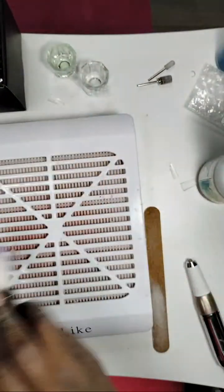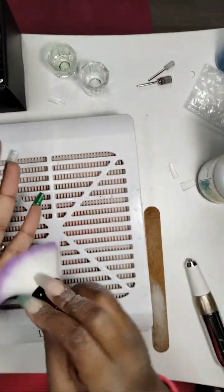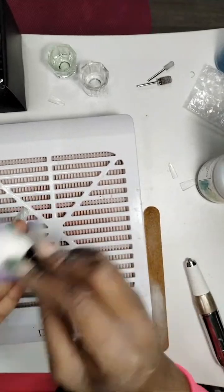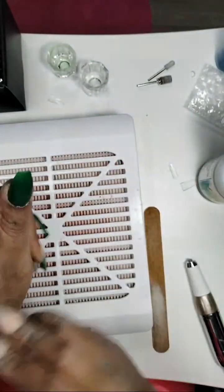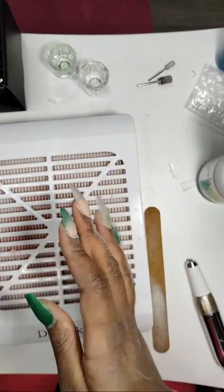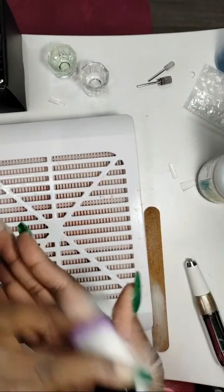All right, y'all. So I still have to buff and all of that stuff, but y'all want to see a final product? Either stay tuned, I might come back and do it, or